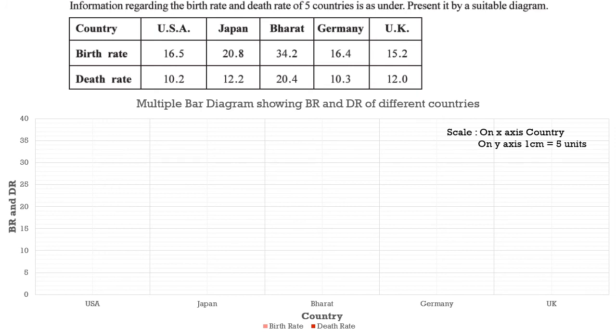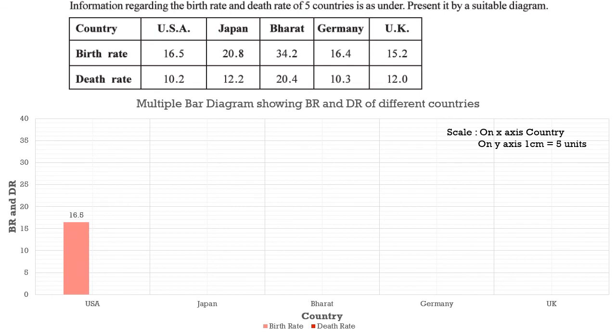Don't forget to show separately the patterns which you are using for the birth rate bar and the death rate bar. I am using the colors here. You naturally don't have colors, so put some pencil patterns and then show it separately. Just like the colors I have shown, you can show your pattern in front of the names at the bottom of the slide, as you can see here. We have to start with the USA. The birth rate is 16.5.